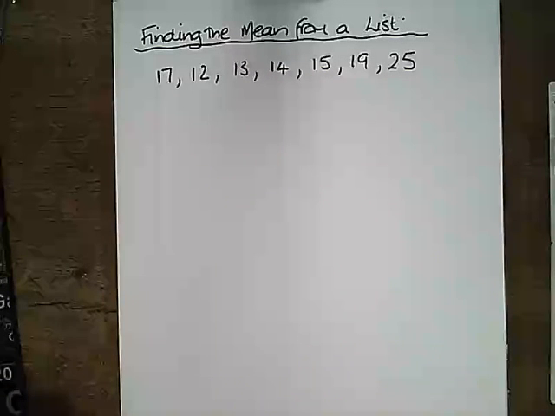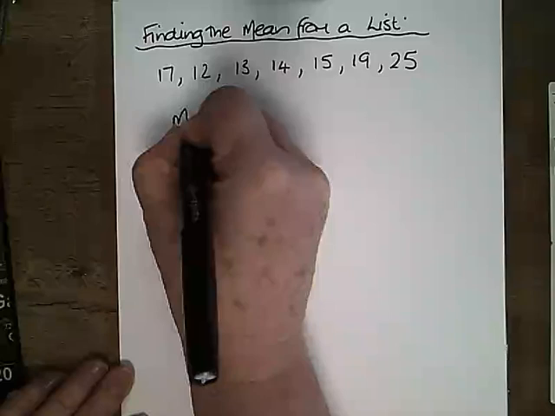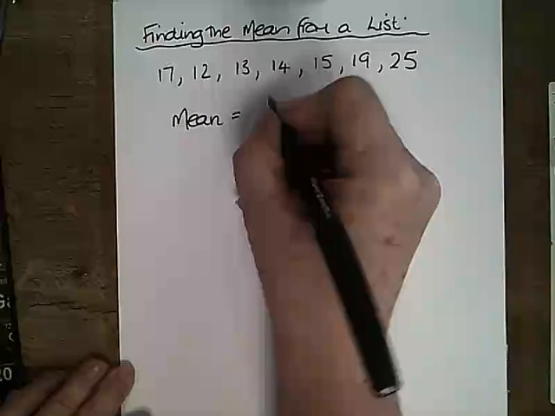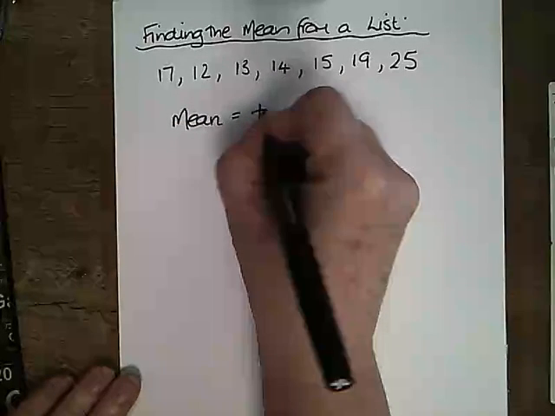So we have a list of numbers here and they could be, by looking at them, the ages of some people, and we might want to find the mean, which is an average, the mean age of these people. So what we do is we add them all up, the ages, and then we divide by how many people there are. So the mean is found by getting the total